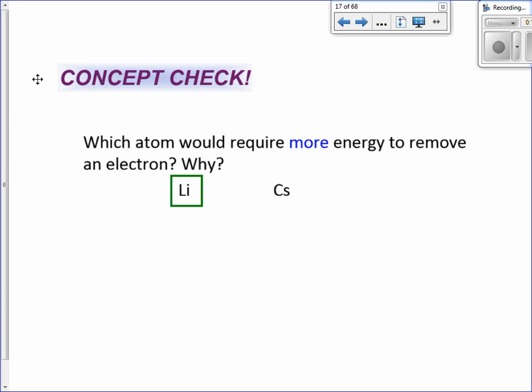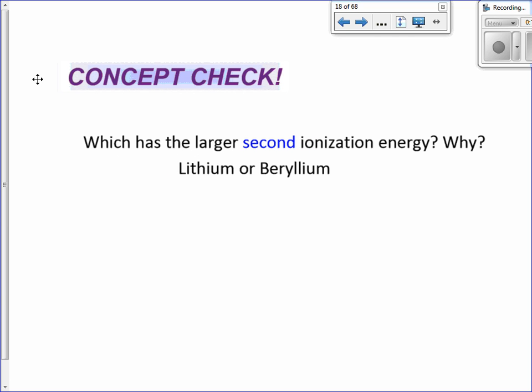Good. Everybody get that? But remember, when you have more core electrons, like cesium's in row 6, so it has principal energy level 6 all the way out there. It has lots of core electrons. So it has lots of shielding of that proton nucleus. Okay? Yes? Anything that's not a valence electron is a core electron. That's true. Yes, correct. All right. Which one has a higher second ionization energy? Second ionization energy. Why?